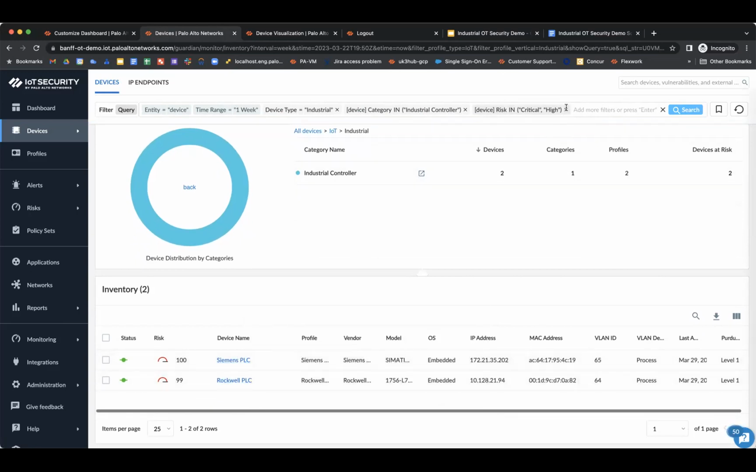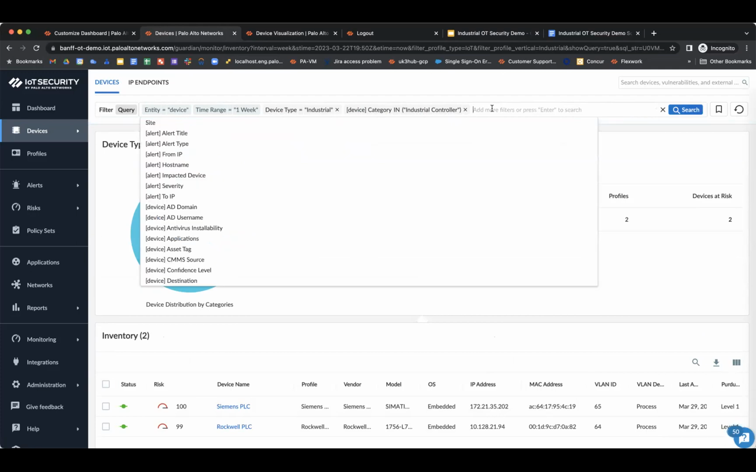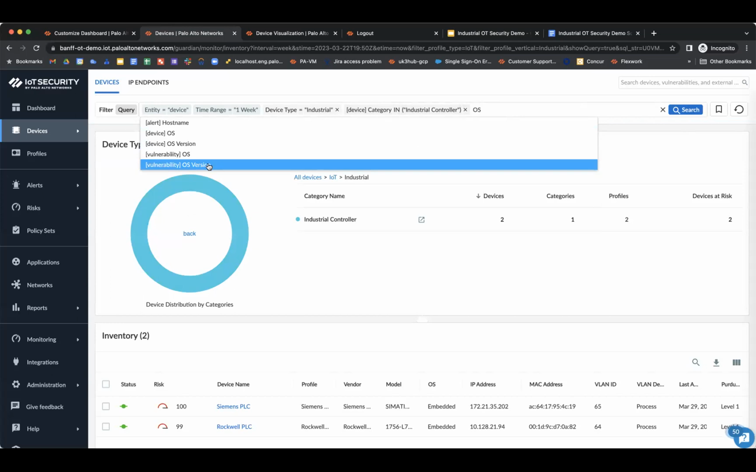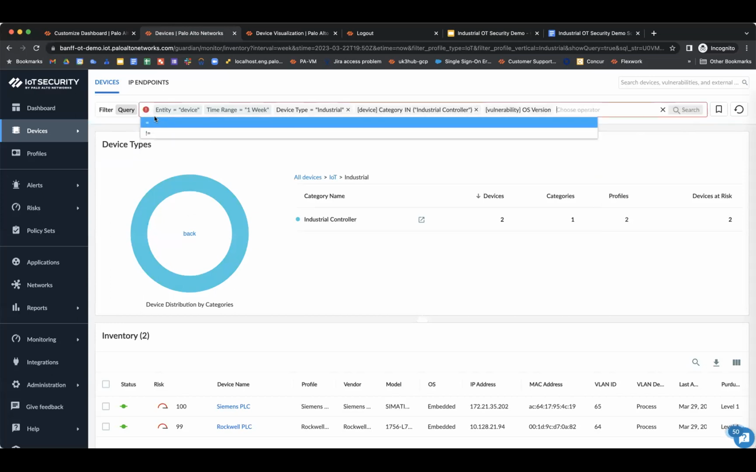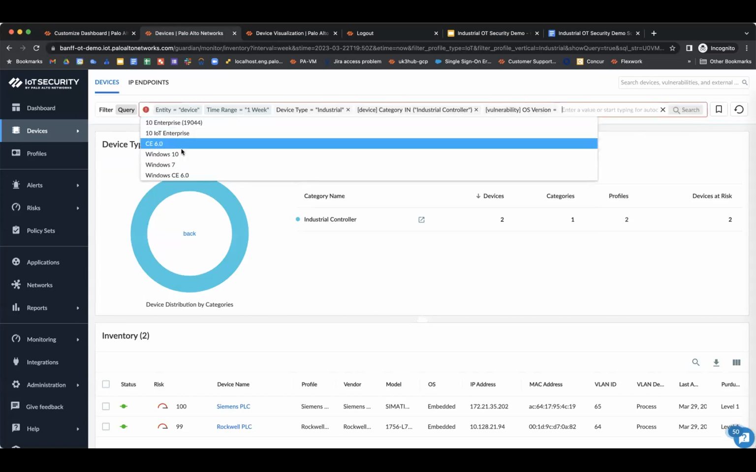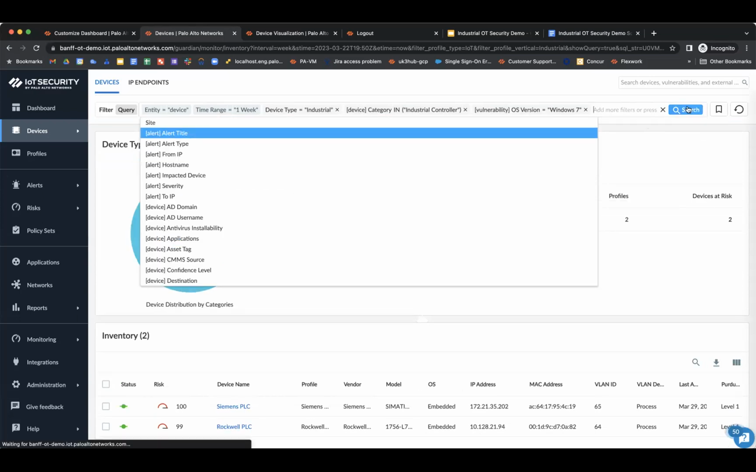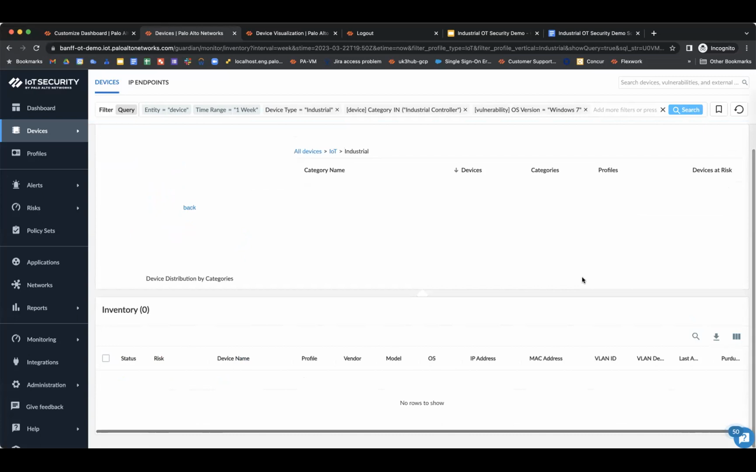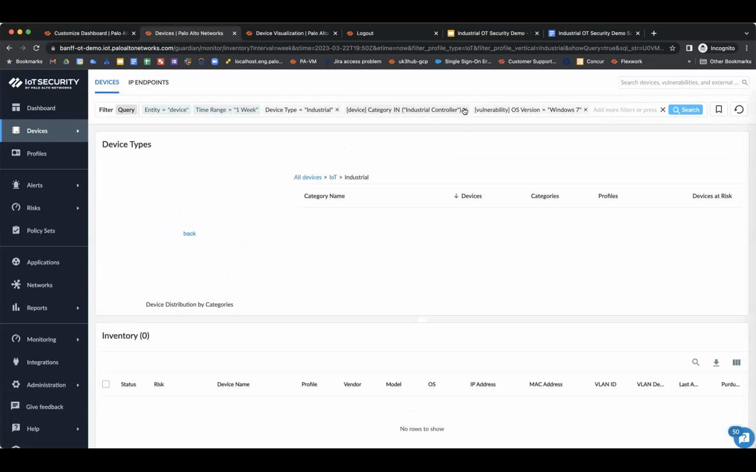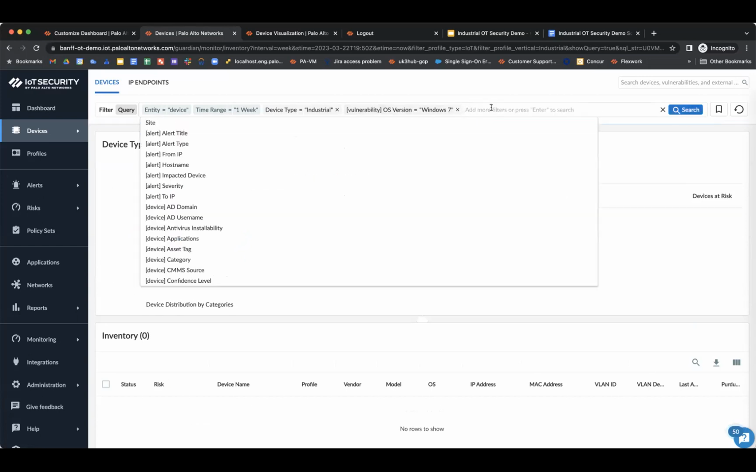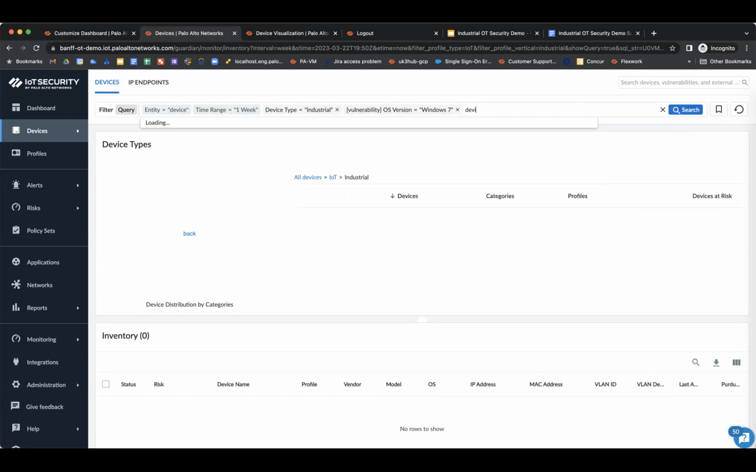And similarly, if you want to select a device which is running an unsupported operating system, you can select the OS version, maybe any device which is running Windows 7. You want to search those devices which are running unsupported operating systems, and you can clearly see the devices if they are running. Like here, I have selected industrial controllers. If I want to select a broader level, let's say device type,